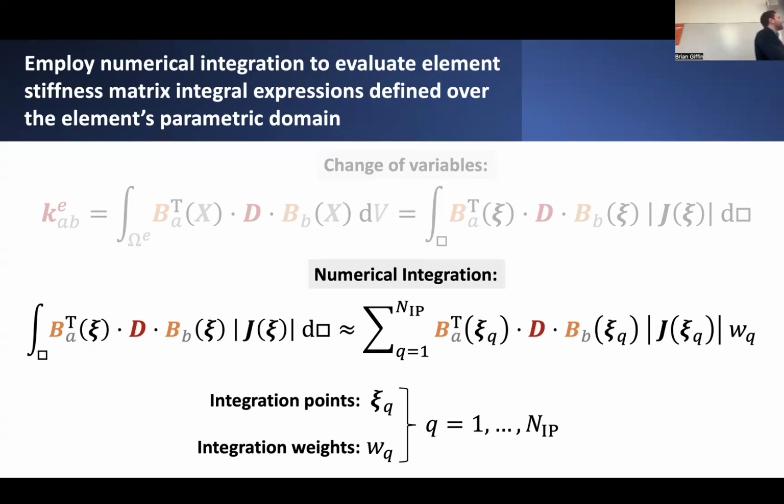the element. And all I have to do is evaluate these expressions at those corresponding discrete integration point locations, and then sum them up with each of them weighted by these corresponding integration weights, which are some measure of how much of the chunk of this total perfect cube should be contributing to the overall integral expression. All right, so we have to come up with some kind of integration scheme that can integrate not over one-dimensional line segments, but now can integrate over some kind of square domain or cubic domain. So to do that,